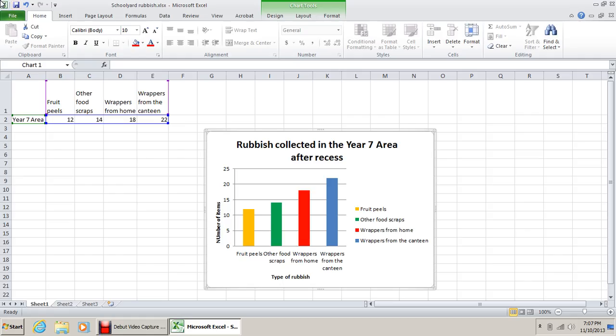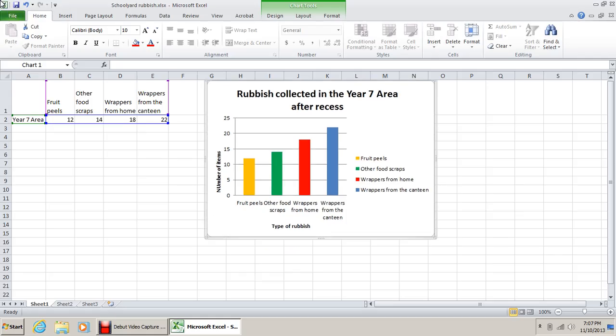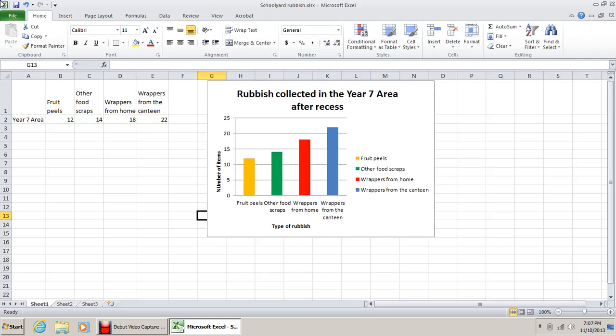Now, I'm going to shift that up because I'd like to show you how you can create another graph. So there's my first one. I'm pretty happy with that. I can see there's probably a couple of things that I would alter, but mostly it's good and I'm happy with it. So I'm now going to create another graph, just a different type of graph, using exactly the same